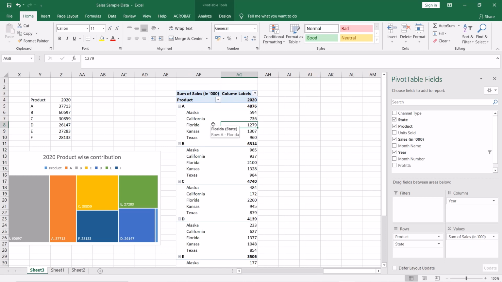So this is a multi-level pivot. It is useful when you want to analyze the data with multiple parameters, like here we are checking product and state wise sales.